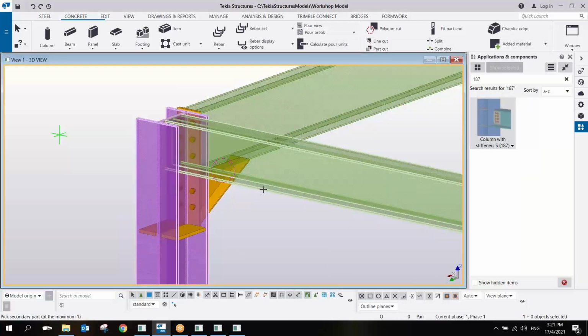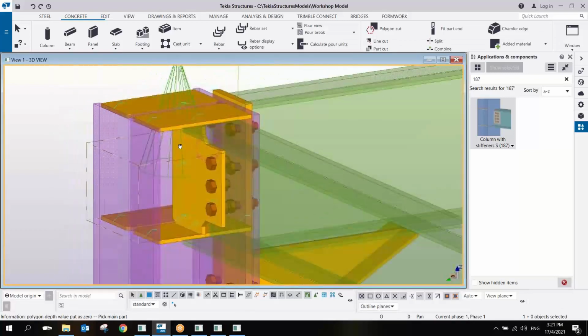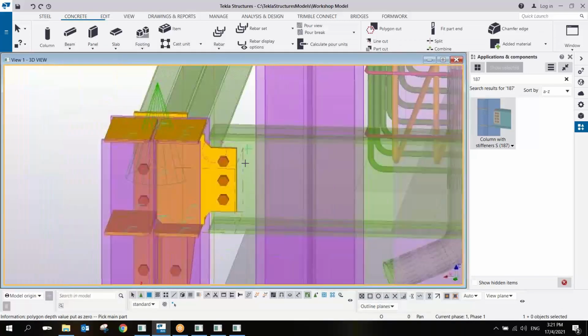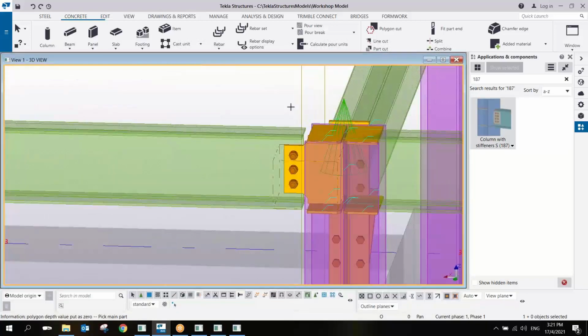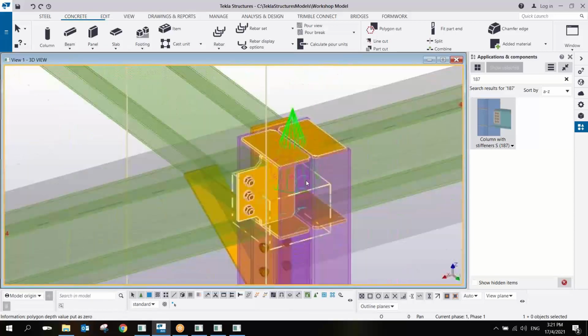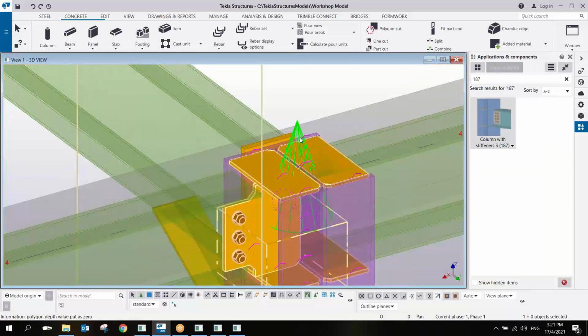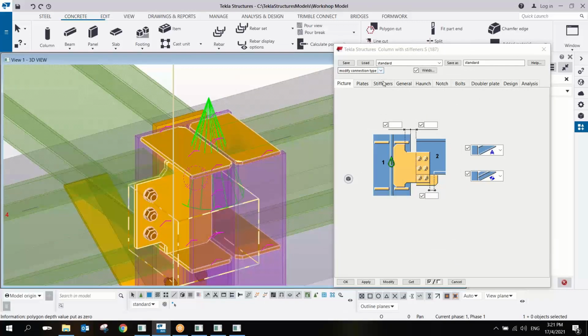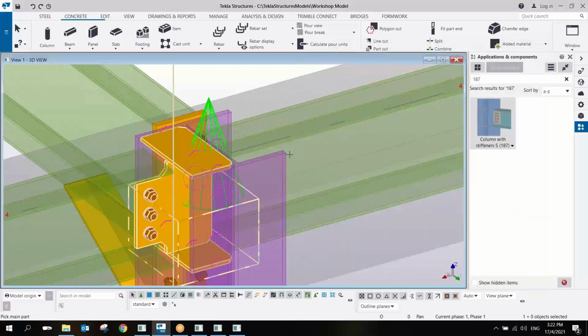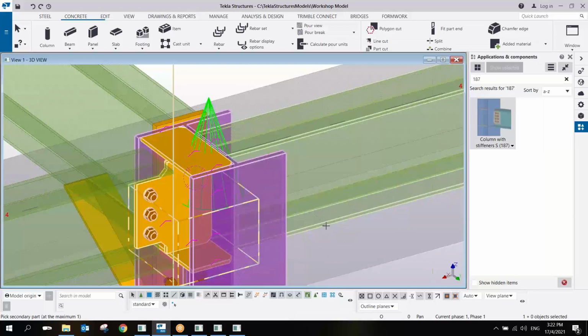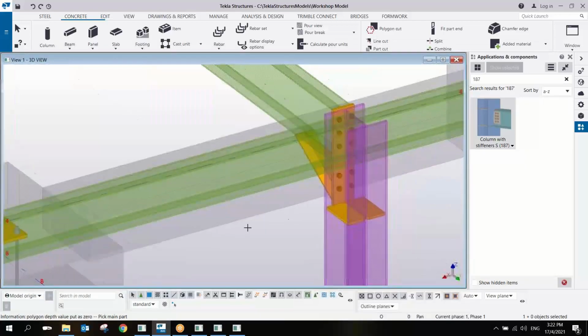So select the column and then this beam, and then you can see here I now have this pin plate or shear plate connection. So select column. Okay. I think the thing that I need to remove here is the far side stiffener. So far side should be 0. Far side should be 0. Modify. Apply and okay. Why 0? Because so that it will not duplicate if I select this one. See, only near side. So click here,